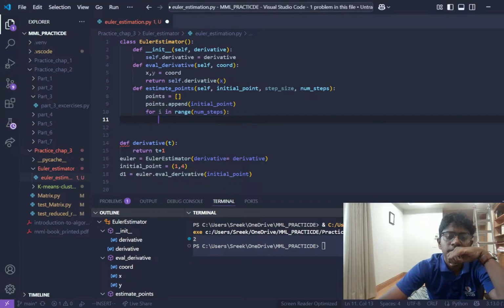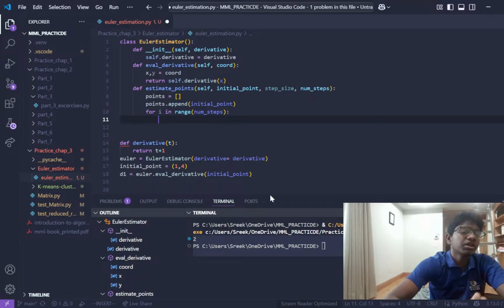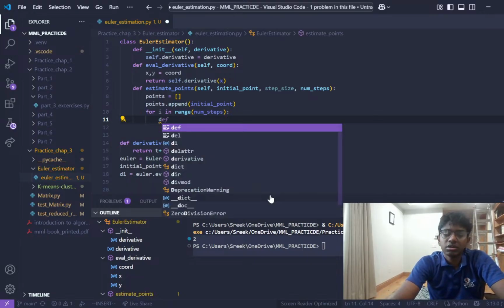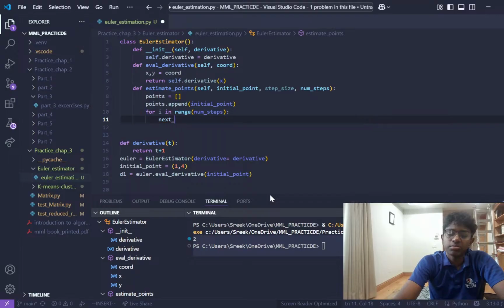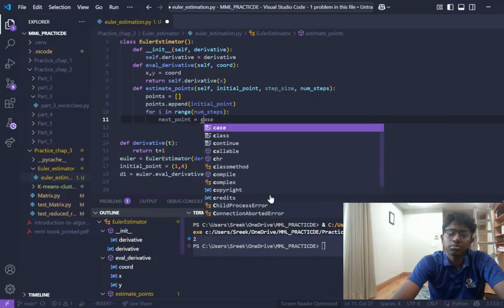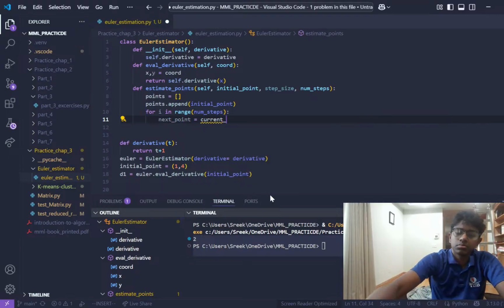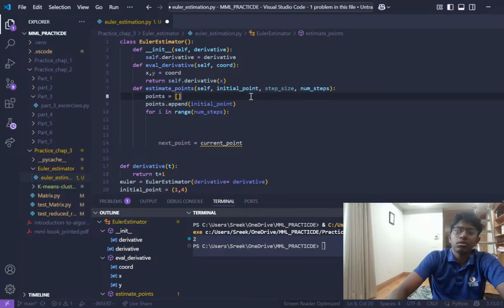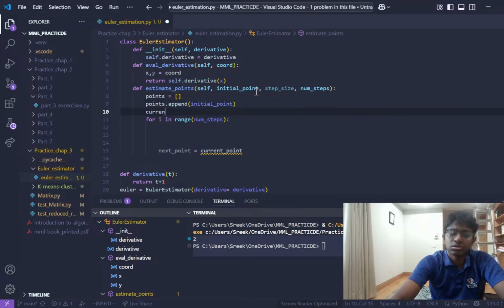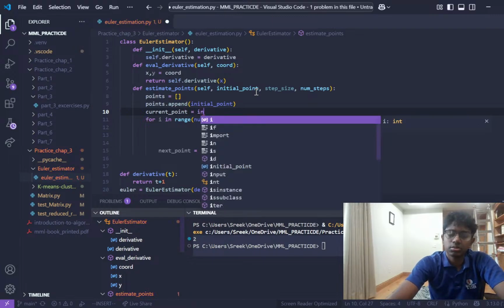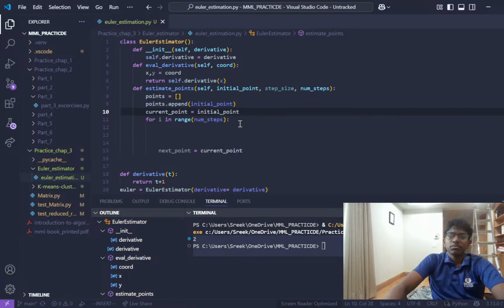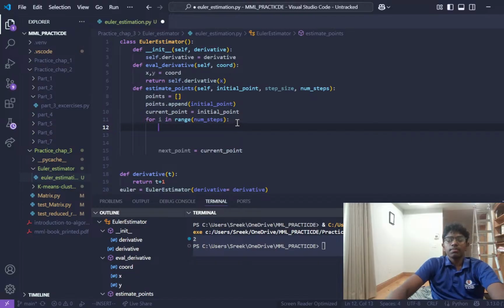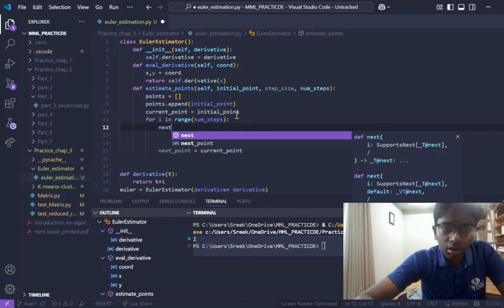We need to basically, in the range of num steps, calculate the next point. Next point is equal to current point. Okay, this is gonna be at the end. So current point is gonna be initialized as initial point, right? So the first point is the current point, right? So the next point is